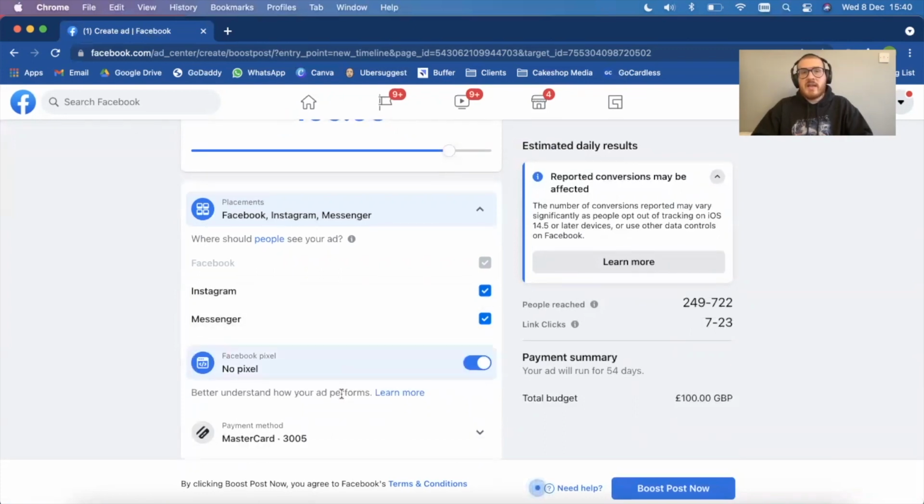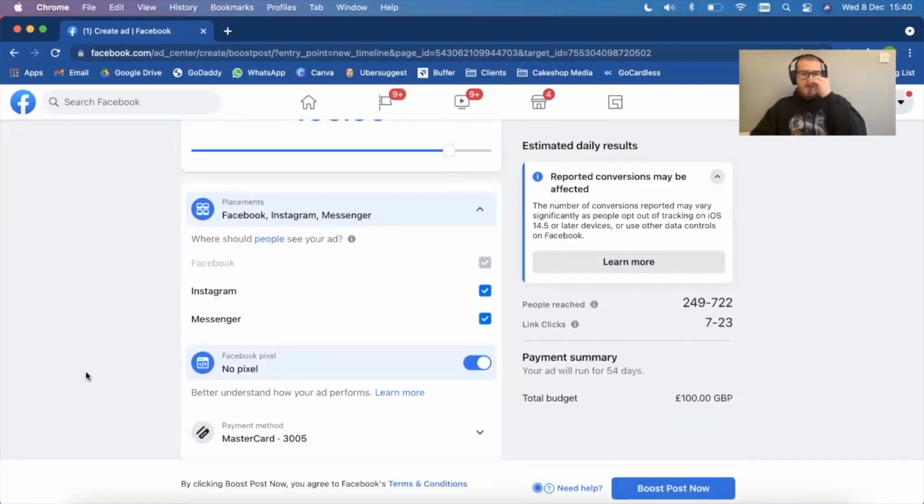Facebook Pixel is a tracking code that you put on your website that better understands how ads perform. So by having the Pixel installed on your website, you're giving Facebook a more accurate representation of the users that visit your website, what they then did on your website, and how it can then be read in terms of data and what actions can come of it.